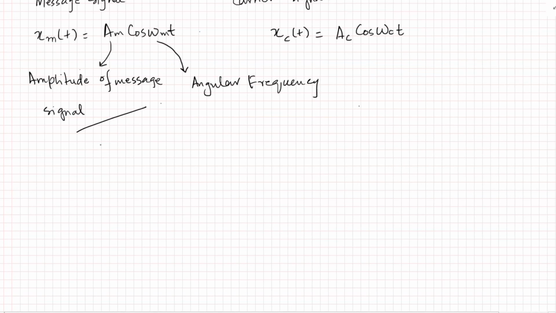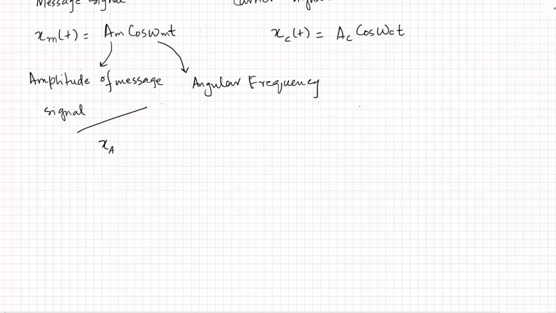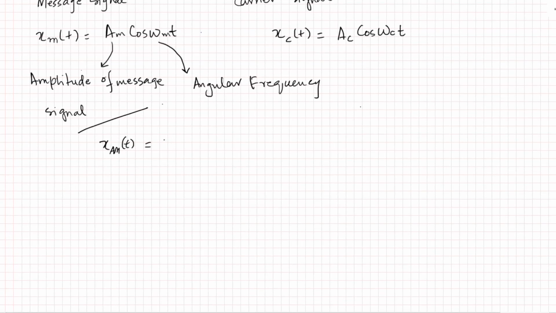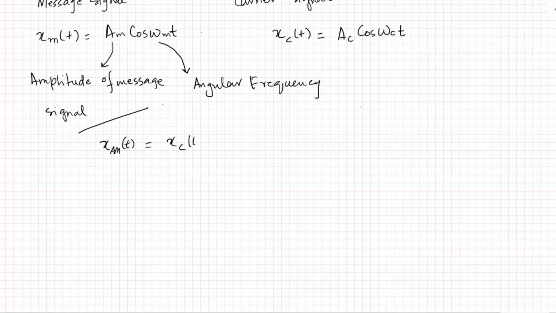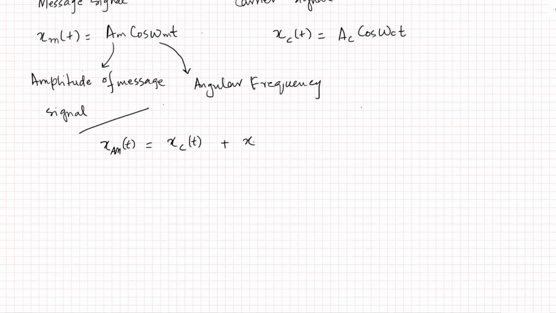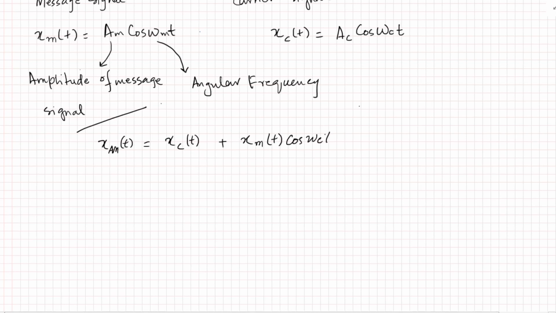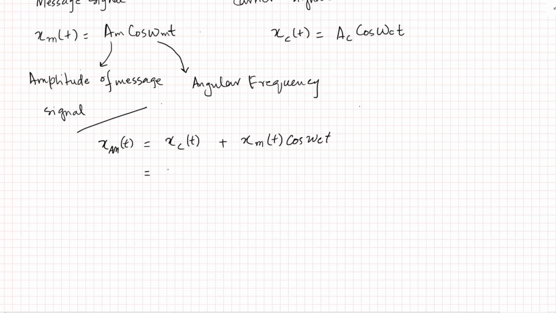The resulting amplitude modulated signal can be represented as x_AM(t) and is given by x_c(t), which is the carrier signal, plus x_m(t) multiplied by the carrier, which is cos(omega_c t). Expanding these values, we can get